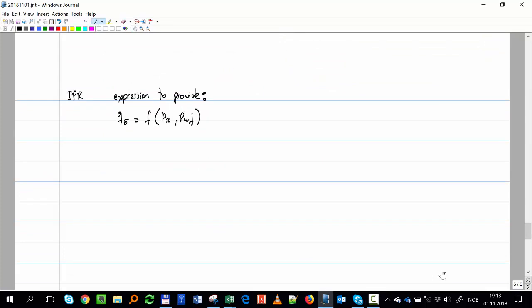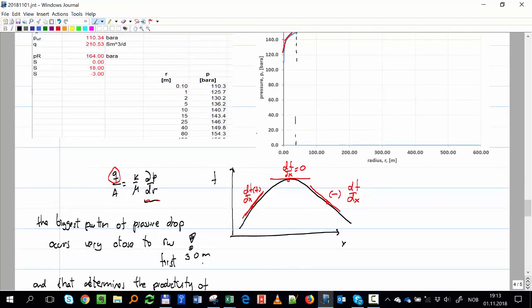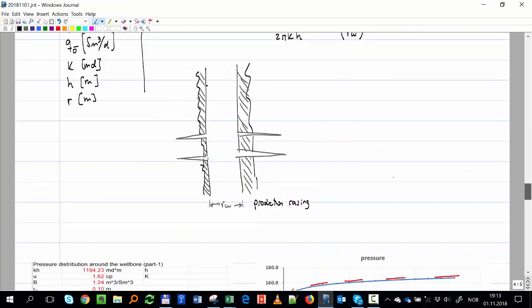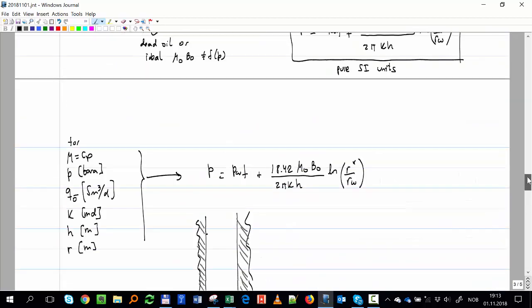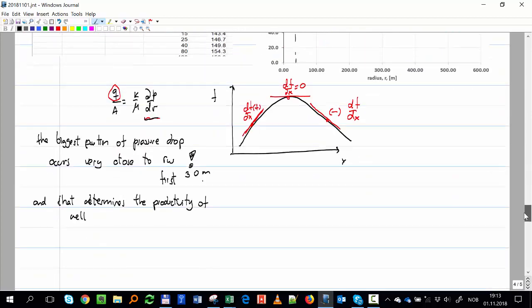Okay, let's go back. That was a small detour. We just want to show you that what's happening very close to the well is very important for a production engineer. But really,